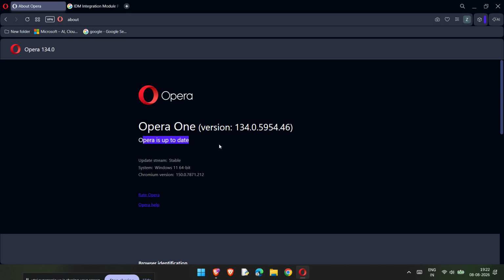This is a quick routine that helps keep your browser secure, stable, and up to date with the newest features